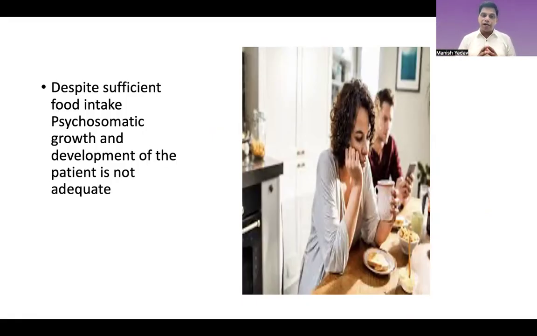When you talk about Medorrhinum, what does get affected? Psychosomatic growth and development of the patient. The remedy that comes very close is Baryta carbonicum. In fact, when you read Borax, there are many places in Materia Medica where it is written dwarfishness. Dwarfish is the word which is definitely used for Baryta carbonicum. So it is very close to Baryta carb. Many a time you think of Baryta carb, but it is Medorrhinum.